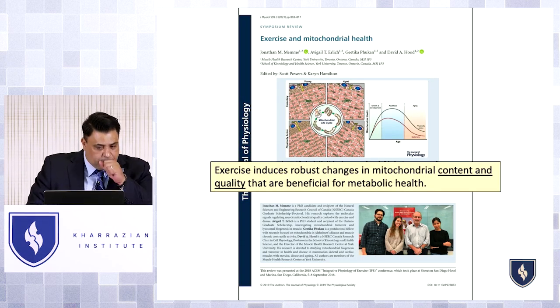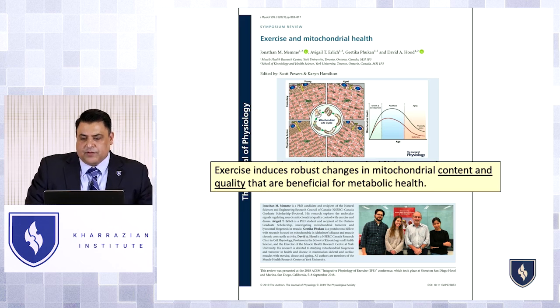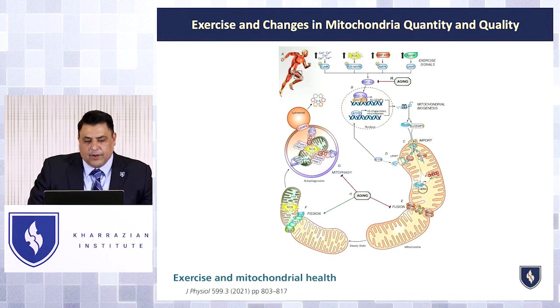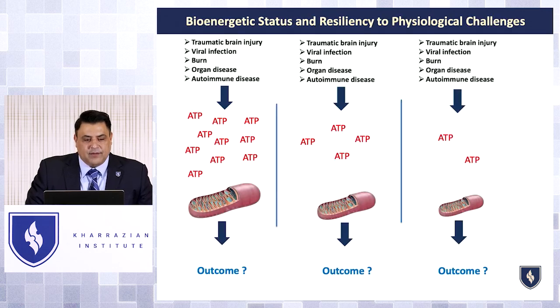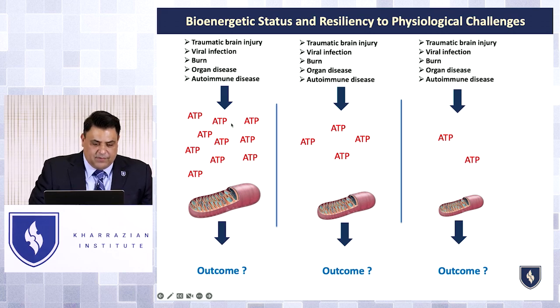Also, exercise has been shown to increase mitochondrial health. We've talked about this earlier. Mitochondria in all tissues go up when people do any kind of physical exercise. The more physical exercise you do, the greater mitochondrial biogenesis you get. And remember, every single one of these biochemical pathways requires ATP. We made the example earlier that when you're looking at how important ATP is for recovery, the more potential ATP that can be produced by a person, the greater chance they have to recover from whatever their underlying condition or disease is, the more adaptability they have, the more general resilience they have.